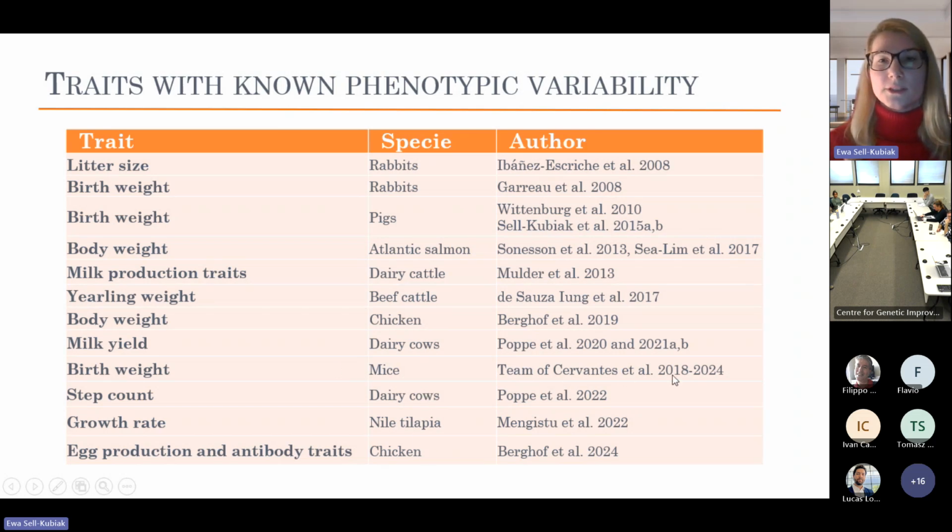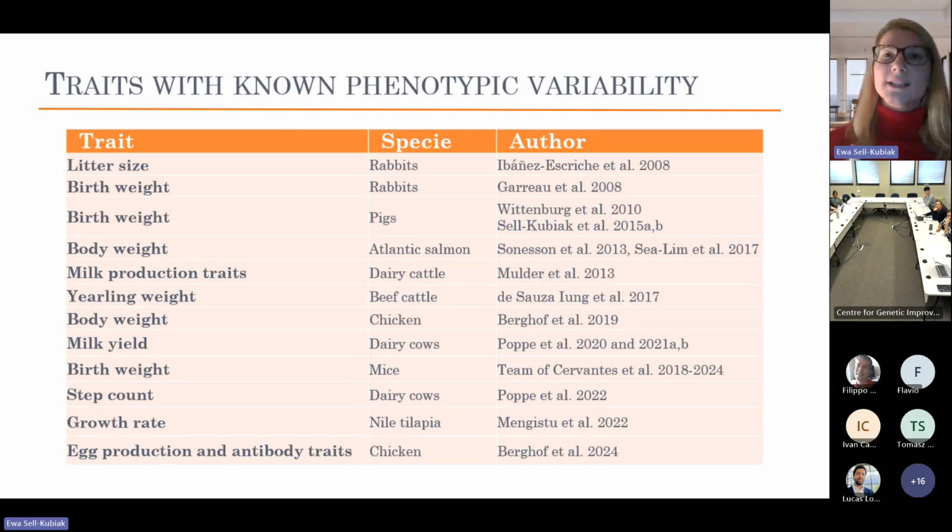Oh, and in mice, as you can see, it's really long-term ongoing projects with selection to limit this variability. But you can see that it's in pigs, in fish, in dairy and beef cattle, as well as in chicken. If you are interested, well, I assume most of you are really interested in dairy cattle, I would direct you to the PhD thesis of Marike Poppe from Wageningen University,